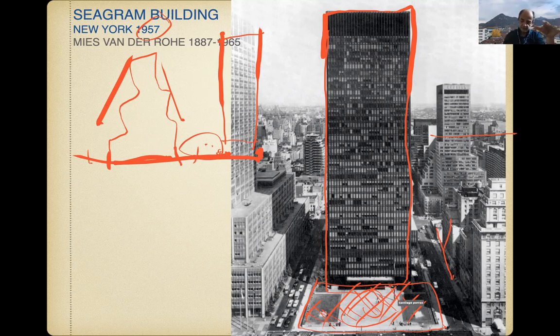And in this case, the tower is so solid and this void is so strict that it created a huge impression in the landscape of New York. Now we are used to it, but at that time it was a shock. How on earth did nobody think about it before?